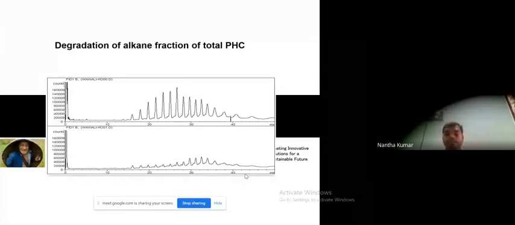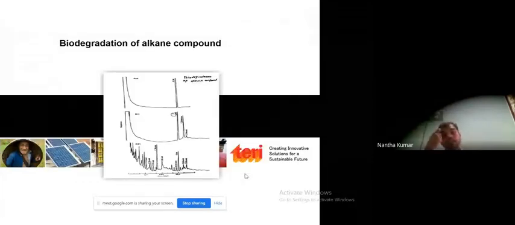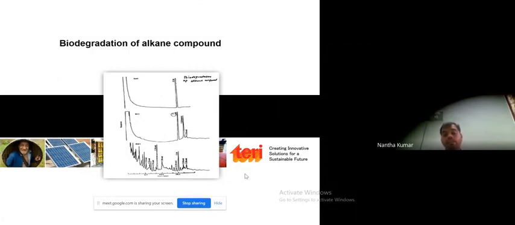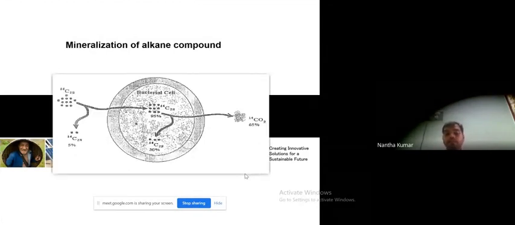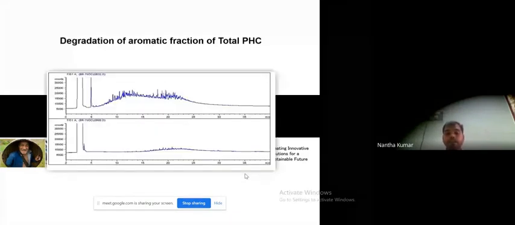Then the alkane fraction: we have to study systematically how it is degrading, how the fractions in the hydrocarbons are reduced, and the degradation of the alkane fraction, from the first one being the control, then after inoculation of bacteria, how the alkane compounds are reduced. Then mineralization. So this is again the mineralization of alkane compound. Then the aromatic fraction of total TPH,